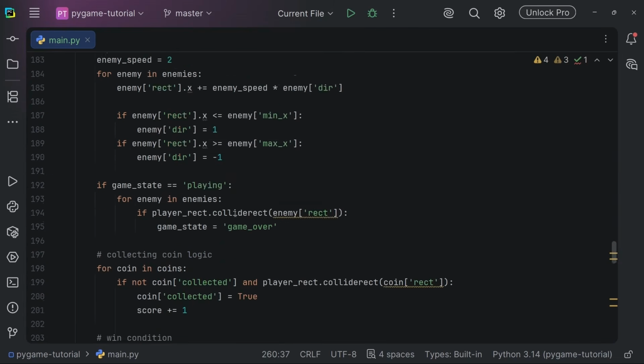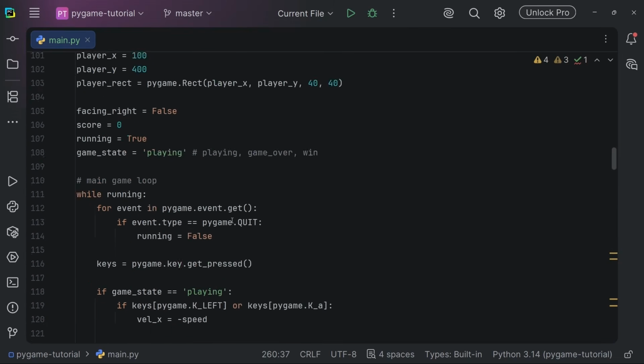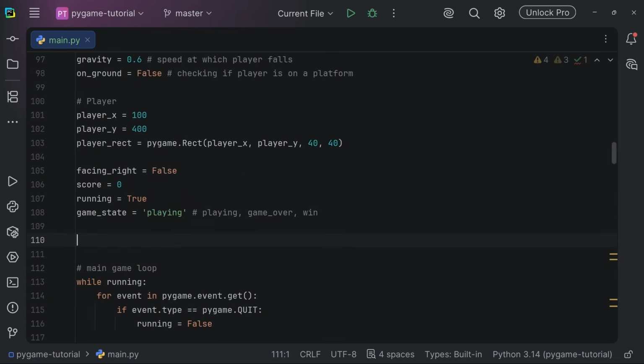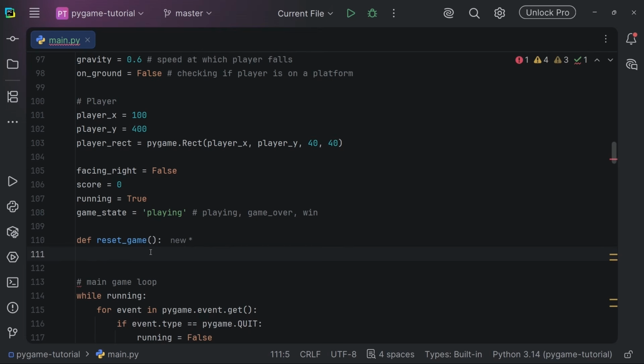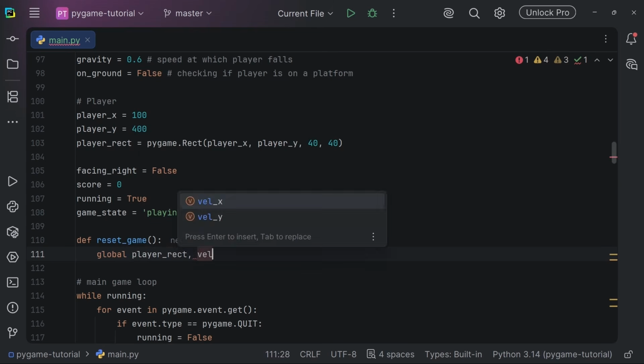At the very end, I want to add a function that actually restarts our game. So I'll create a function called reset game. I'm sure you're familiar with functions, but a function is just a block of code that you can call by yourself. And inside reset game, I'm going to set some variables. So I'm going to get player rect, I'm going to get vel x,